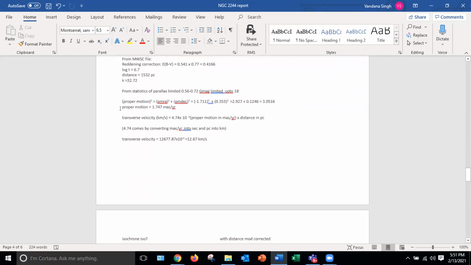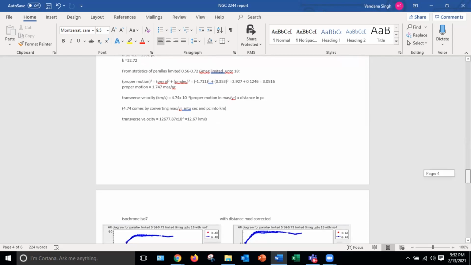Basically, I'm getting a proper motion of around 1.747 milliarcseconds per year. Actually, this thing is slightly different in the sense you have to multiply it by the cosine delta function also for the RA component. I came across that on the net, but I'm not familiar with how to take the direction. We'll do that later. That's a little longer story. We will come on to that soon.